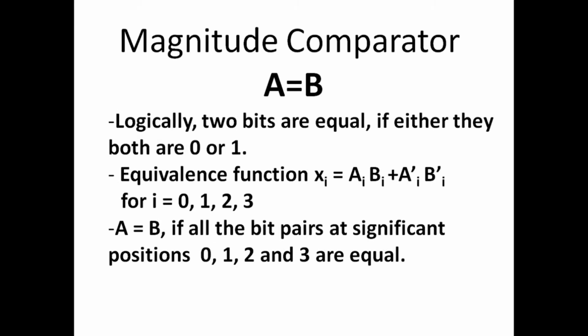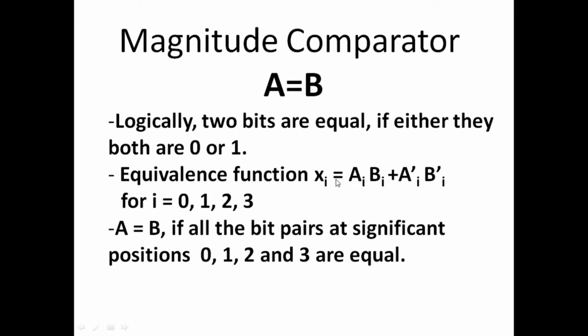Logically, when we say that two bits are equal, then either both of the bits are 0 or both of the bits are 1. So in both cases, we can say that the two bits are equal. Logically, there is an equivalence function to state this condition when the two bits are equal, and let's suppose that condition is xi for a particular